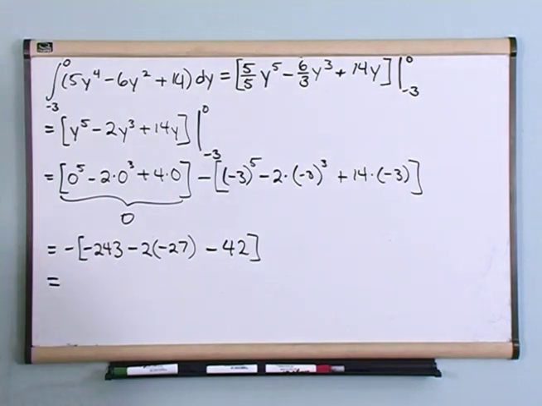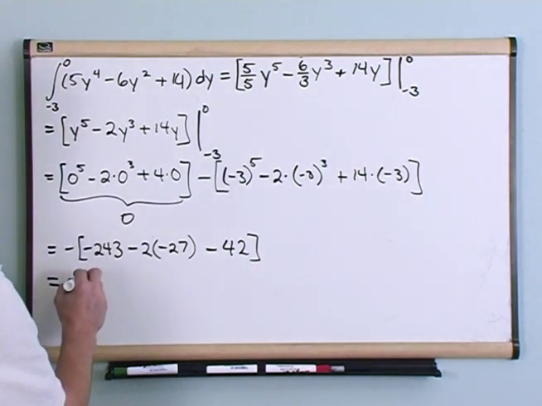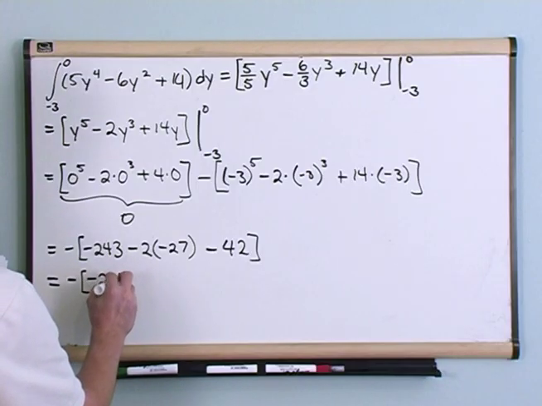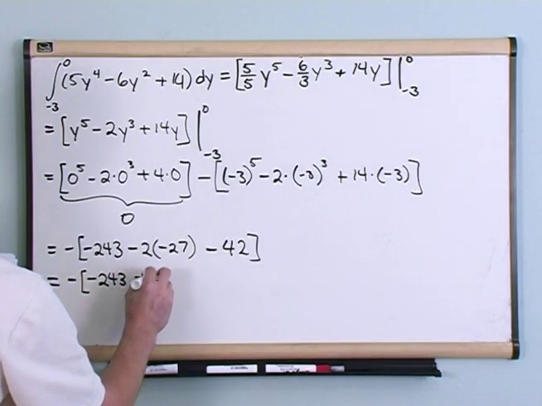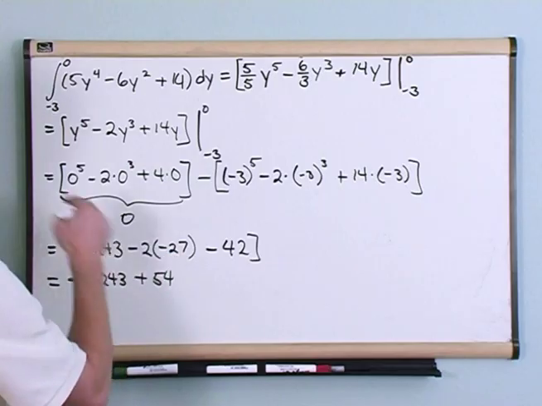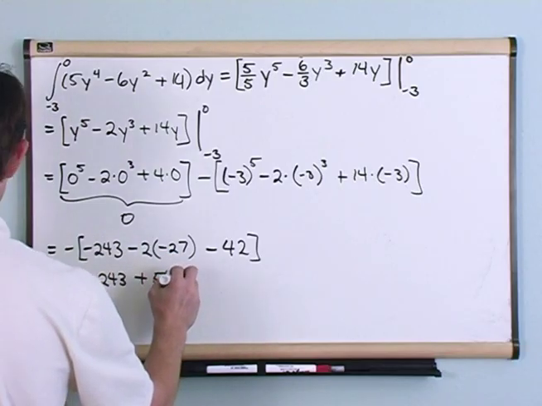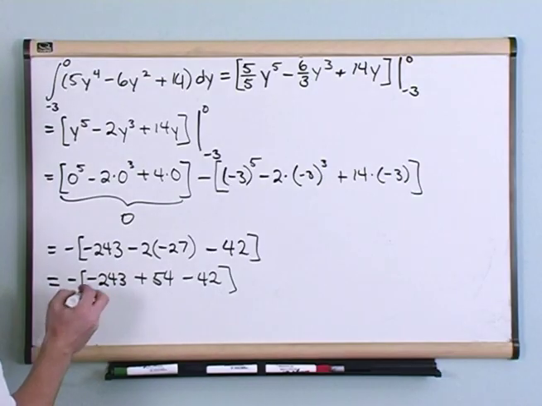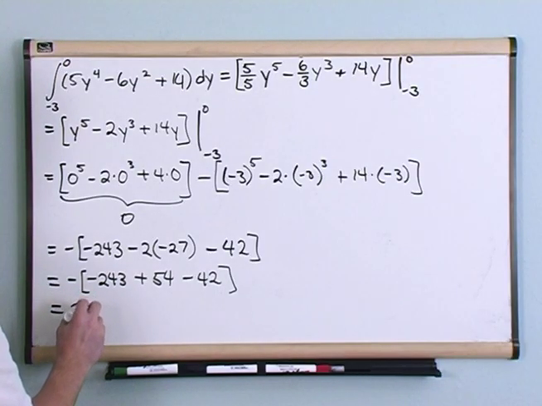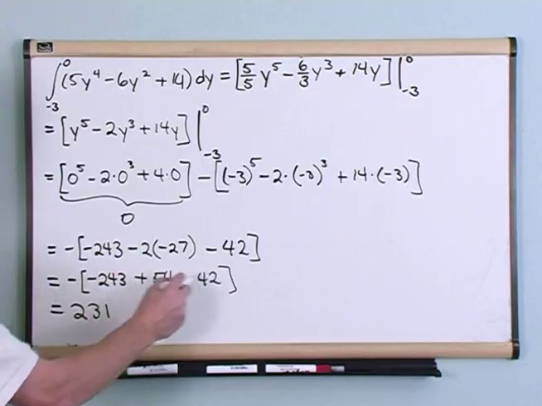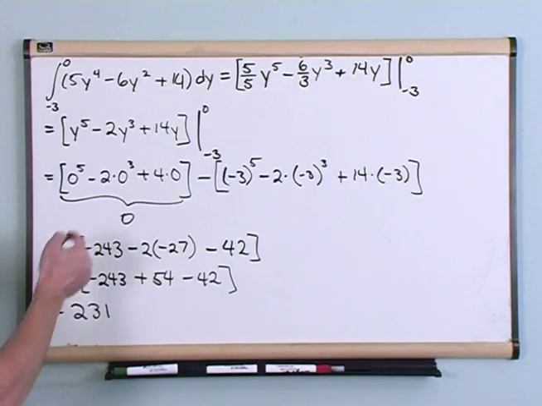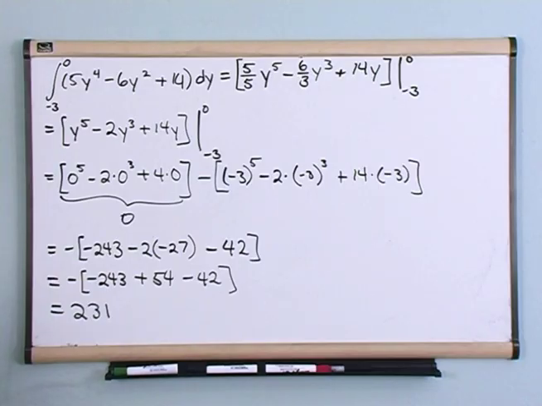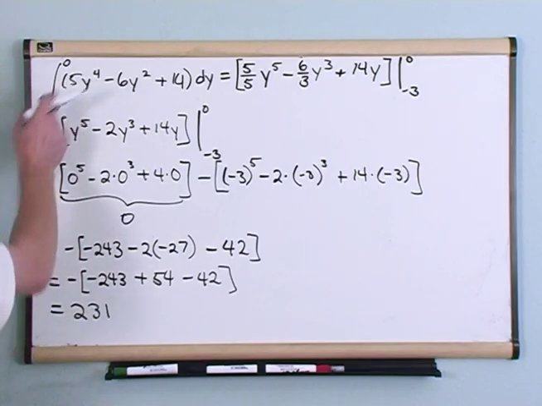Okay? So what you'll have, and I'm writing everything very explicitly, -243 plus 54, which is -2 times -27, +54, minus 42. And then when you do all this and you add it all up, you get a +231. When you add these numbers up on the inside and you multiply by -1, you'll get a +231. That's a positive area. So that's the answer to this integral. Okay,